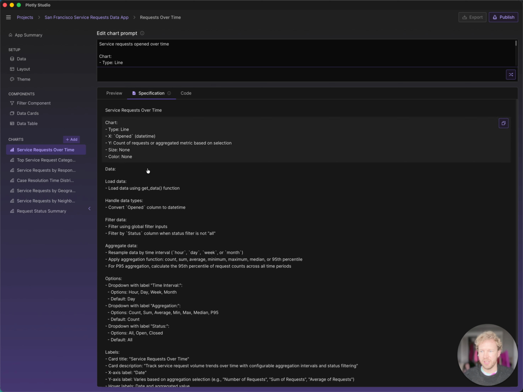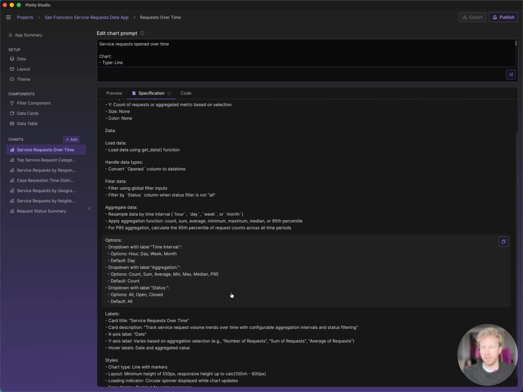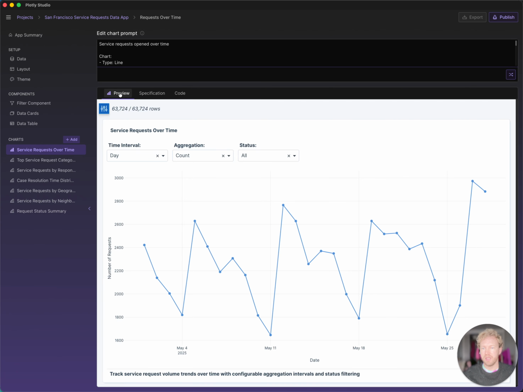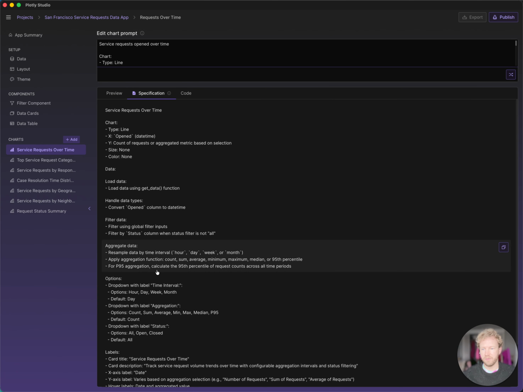So the specification itself is auto-generated, and it's a description that is auto-generated from the code in a really nice format. It serves two purposes. The first purpose is it's meant to document what the code is doing in natural language in a very declarative, easy to read, but comprehensive way, so that you can see exactly how the data is aggregated or what filters are being applied, as well as the different labels or styles that are being used. This has two purposes. You can verify that the work that's being done by the code is as you expect,